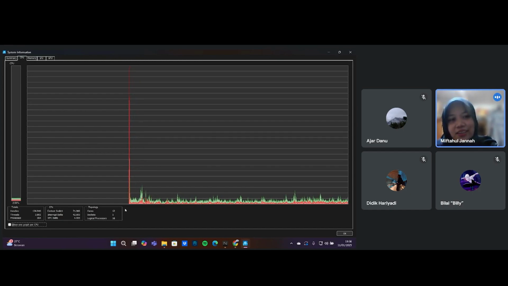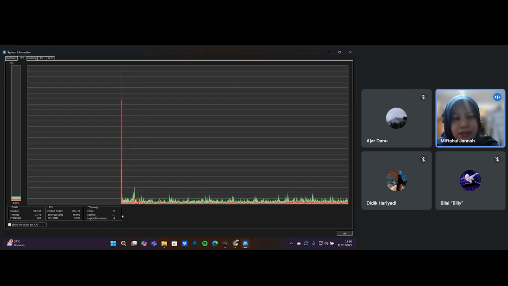Sockets shows the number of CPUs that exist on your computer motherboard. A socket is placed on the motherboard where the CPU is mounted. Usually, desktop computers have one socket, while servers can have more than one socket.